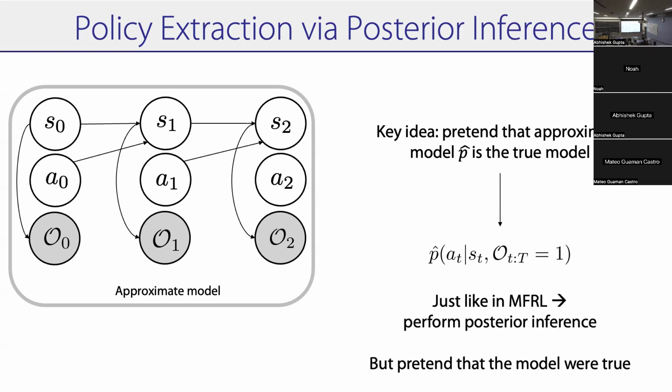Right? So just like we did in policy gradient, just like we did in Q-learning, we're going to do posterior inference, but we're going to do it inside p hat. And the nice part about p hat is we know the model, we know the functional form of our model in p hat. We know everything. It's not just that you can sample from it. You know the likelihood, you can take gradients, so you can do all sorts of tests.